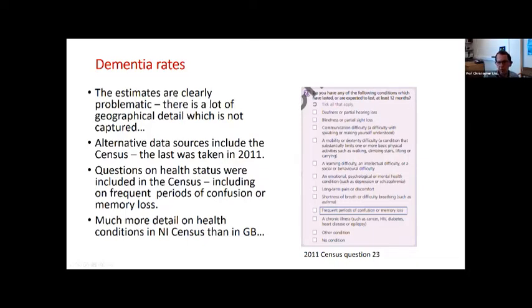So our estimates of dementia are clearly problematic. Clearly, we are averaging out the reality. Clearly, we're not capturing the geographical nuances that we know are there. Clearly, we're not including everybody who we should be including. The best we can do is a very approximate, fairly localized guess of where there might be the highest levels of people living with dementia, and therefore where need for particular services might be greatest.